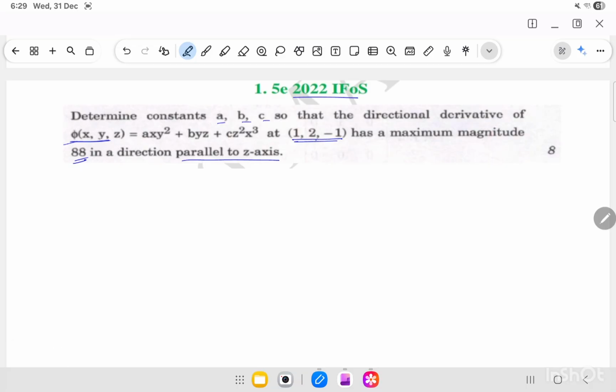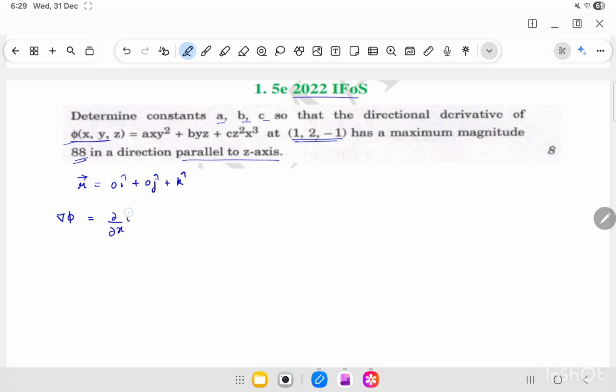First of all, we need to calculate the directional derivative in the direction parallel to the z-axis. So let r cap represent the direction of the z-axis. It will be 0 i cap plus 0 j cap plus 1 k cap. This is the direction parallel to the z-axis. Now I need to evaluate the gradient first in order to calculate the directional derivative. So the gradient of phi will be